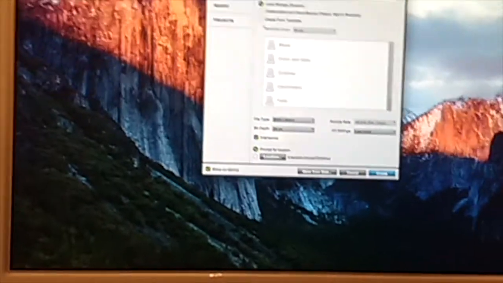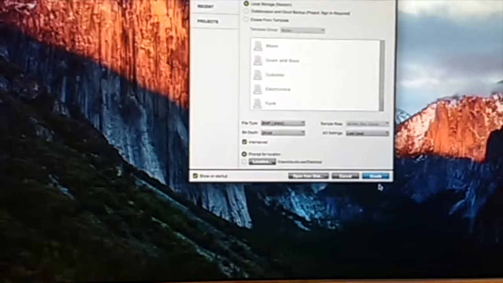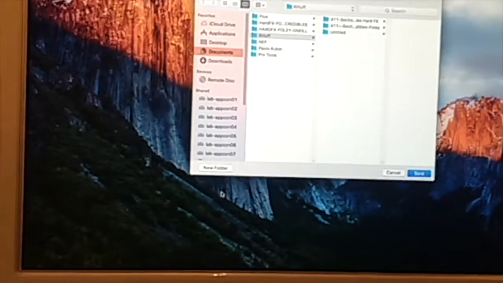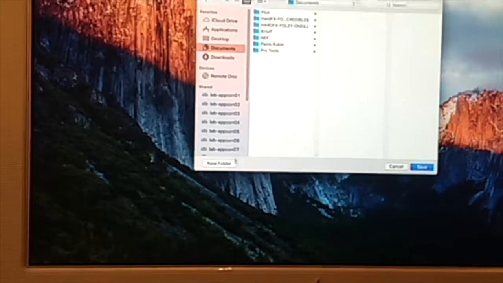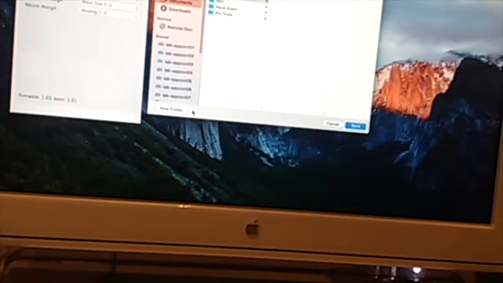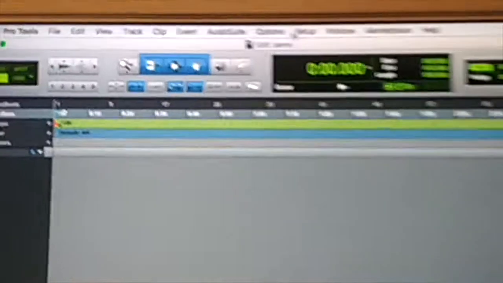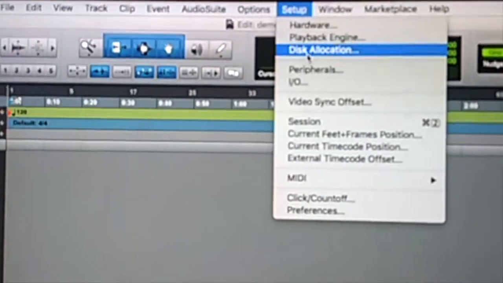So I'm going to say I've got my demo project. It's going to ask me where I want to save it. I'm going to save it not on the desktop because you don't do that. I've got a documents folder here. I'll make a new folder real quick. Title it Neil. You can see the MOTU stuff is launching in the background. Got my demo project. And then what I'm going to do is go up to Setup, Playback Engine,